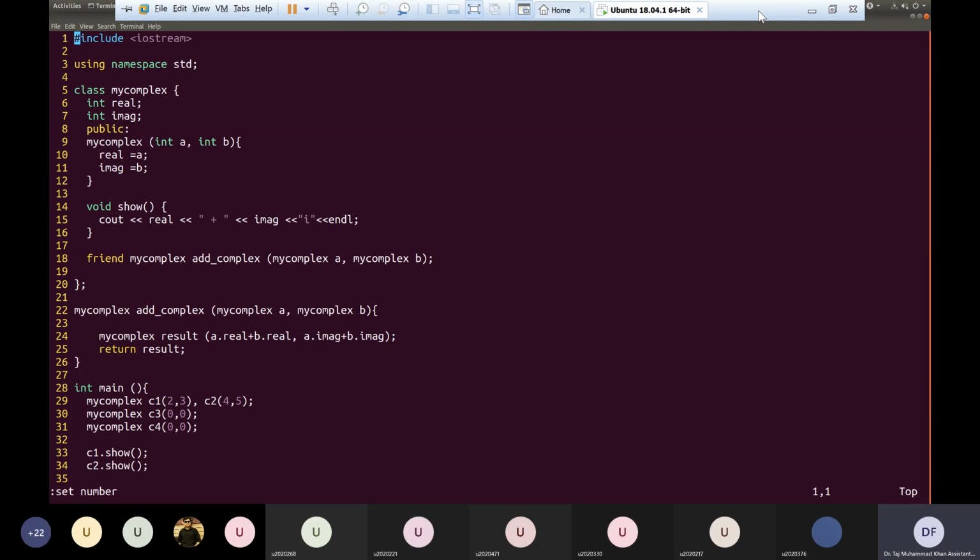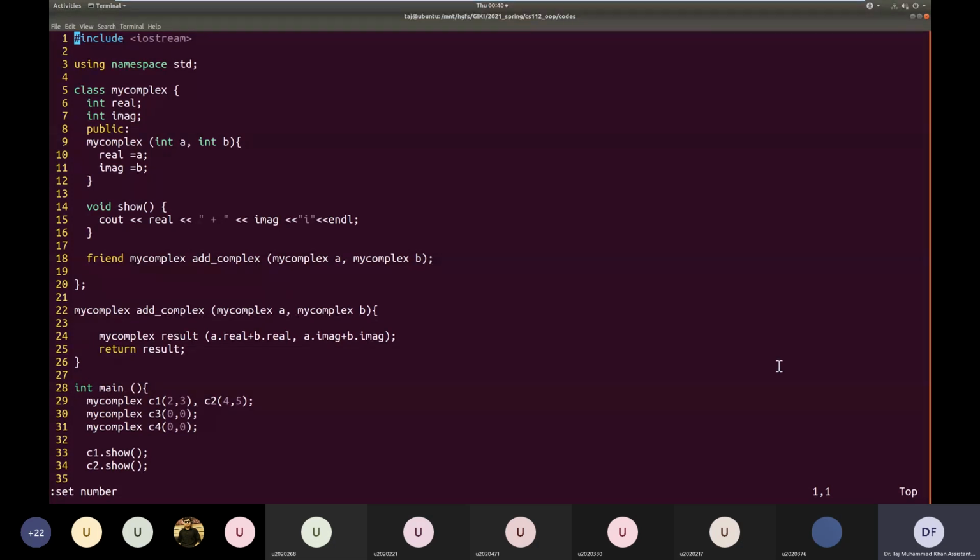So what we can do is define this operator, the same thing that we have done at complex. We want to do it via this plus operator. So again, we define the implementation of this plus operator as a function.